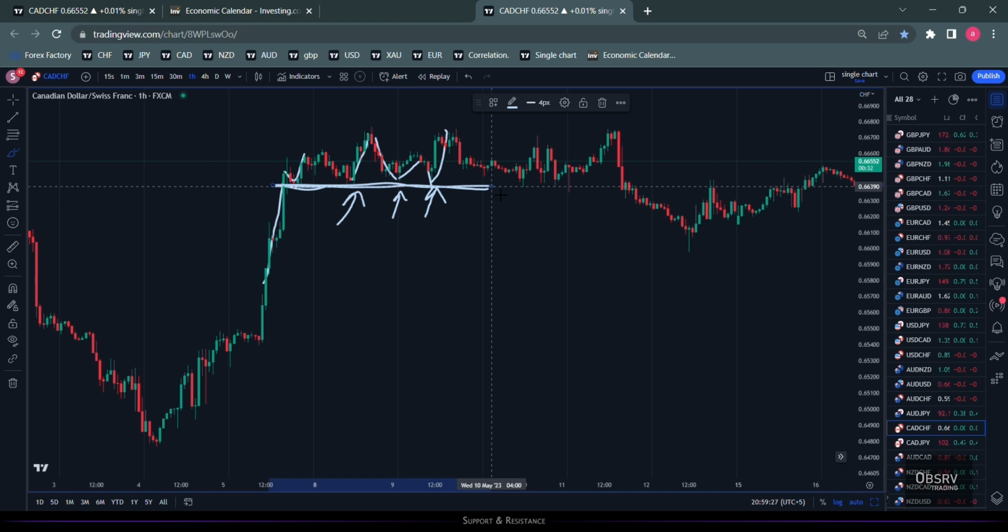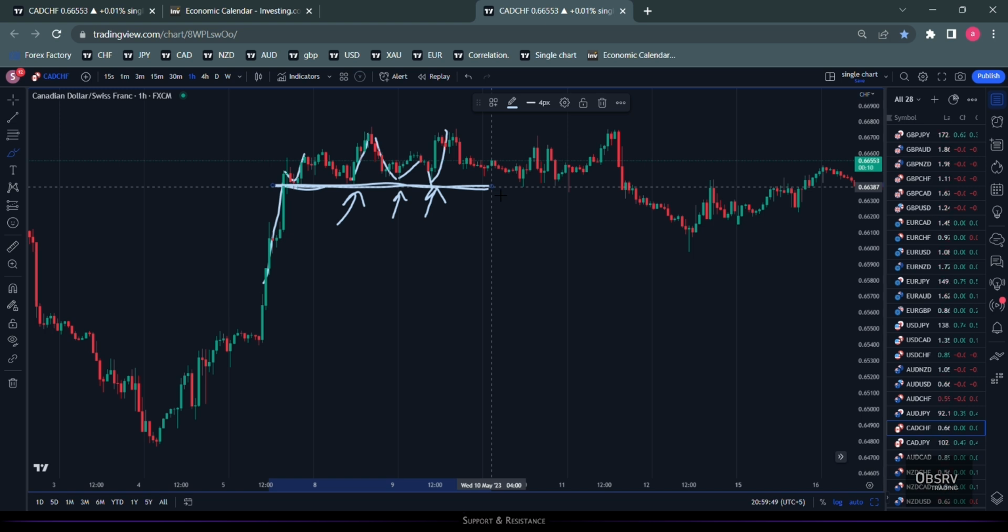And it's the same phenomenon when it comes to resistance. Again, let's take a ball, throw it towards the ceiling. As you throw the ball towards the ceiling, as soon as it gets there, it faces resistance. As it touches the ceiling, it faces resistance and it starts to come back down.